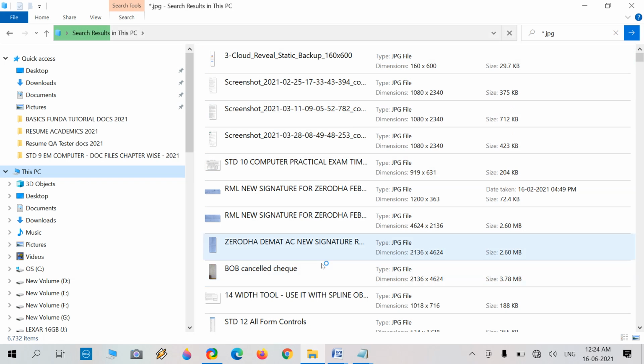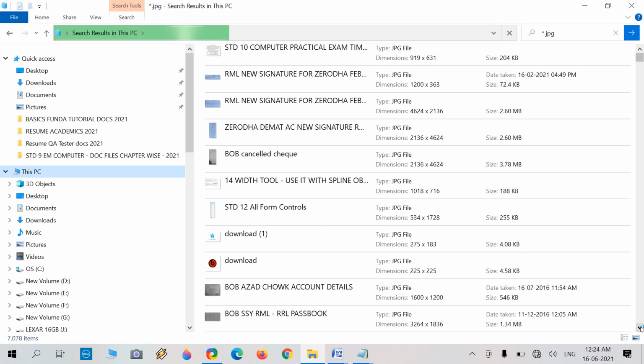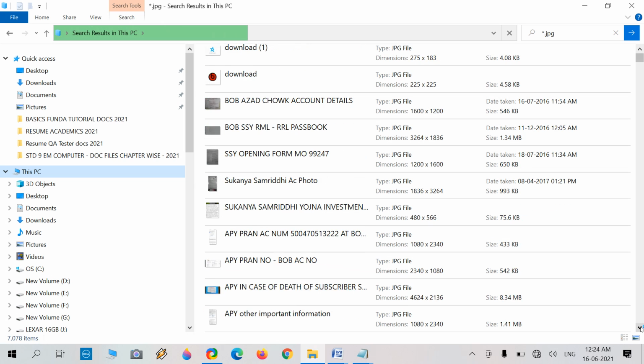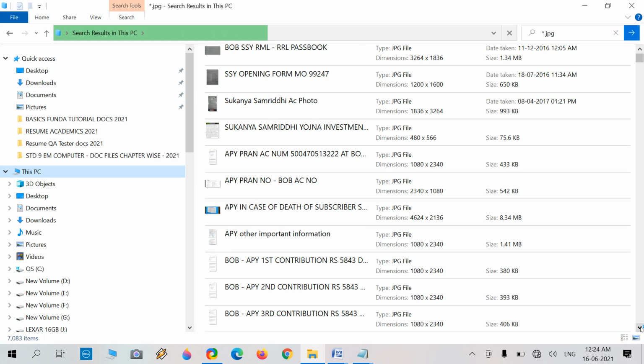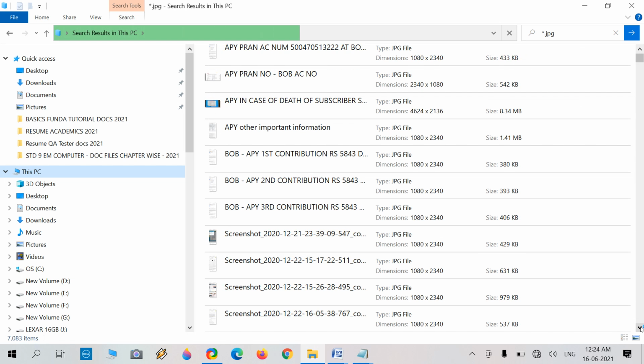There is a list and a search result process running in your PC. It means your current storage, like your hard drive, and there is a list of all jpg files which have any kind of name, but all contain one common extension, that is jpg. The jpg means Joint Photographic Expert Group.